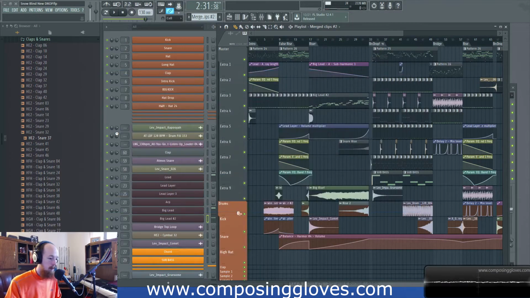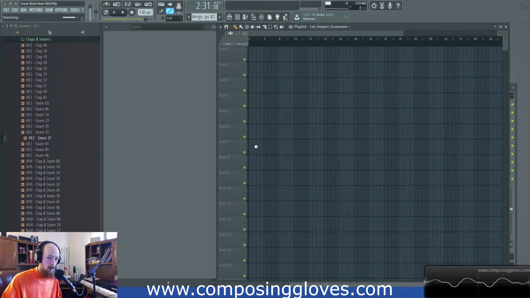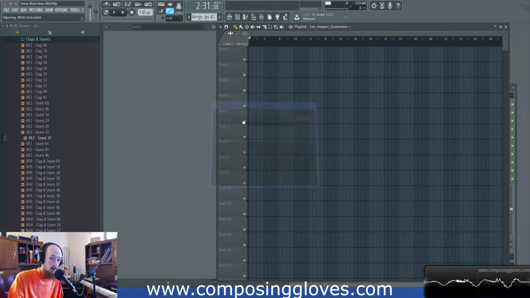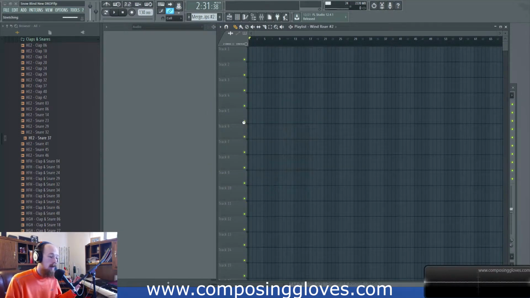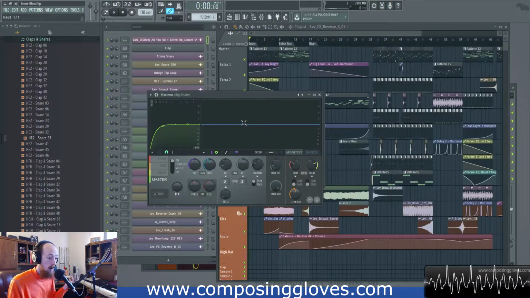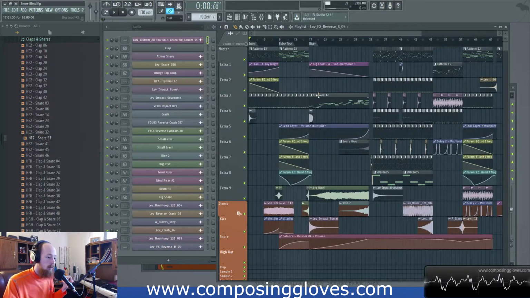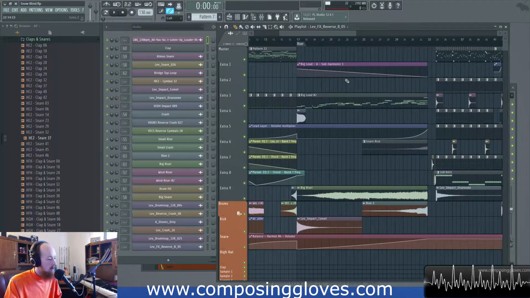Snowblind. This is before I decided to ditch the drop I was doing. And this one uses the pattern method. I've used this on a couple compositions, and sometimes it works really well. What it is, you write out this crazy melody, right? Like you struggle through and write out this melody, but then you're not really sure what to do after